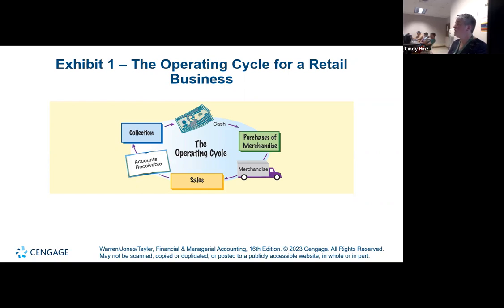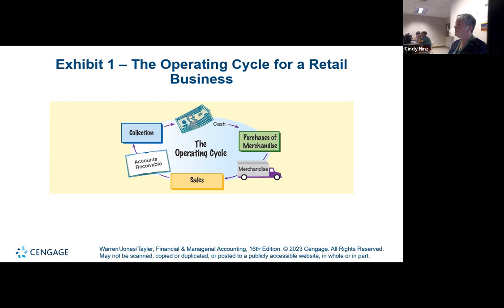So you can see at the very top of that cycle, they have some cash available, and they use that cash to purchase merchandise that's going to be available for sale to their customers. They now have the merchandise and they're going to sell it to their customers. And then if they allow their customers to buy on credit, then there's another gap while they collect from their customer, and then they get the cash back. That from cash to cash is known as the financing period.